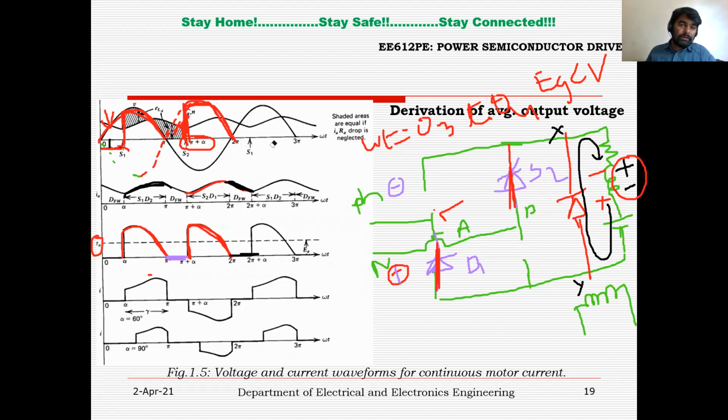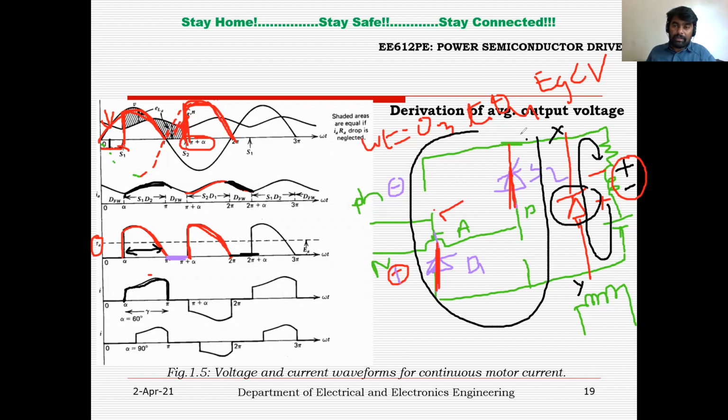Again, if you want to see the input current, whenever S1 and D2 are in conduction state, they will carry some current. When the freewheeling diode is in conduction state, this rectifier is completely isolated. All the devices are in off condition, so you will get 0 current from the input, right? Similarly, when S2 and D1 are in conduction state, you can expect a negative input current.